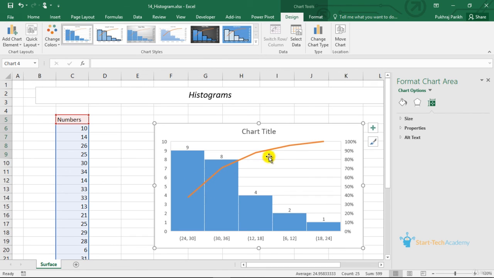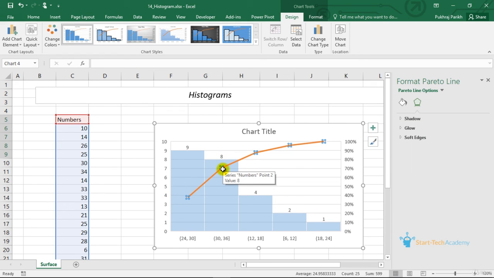And this line is showing the cumulative relative frequency values. For example, the relative frequency of this category is around 35%. When I add the second category, it becomes nearly 70%. After third category, it becomes nearly 88%. After adding fourth category, it becomes nearly 95%.